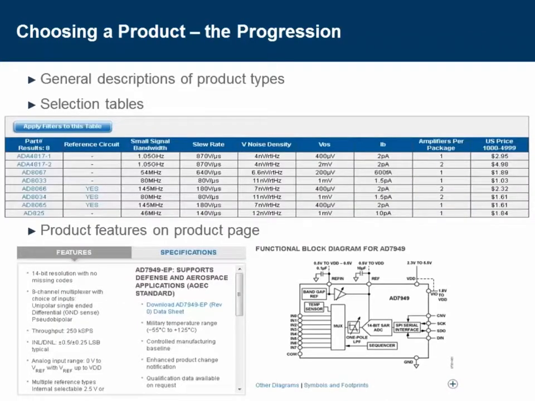So let's start out with choosing a product, and what is the progression of choosing a product. And today, and it's been for quite some time now, you go to our website. At one time we had huge paper catalogs that you would use, but now you go to our website, walk down through our product types, which is in the hierarchy under products, and go to an area of a given product type. In this case, we're looking at high-speed amplifiers, high-speed low-noise amplifiers, and